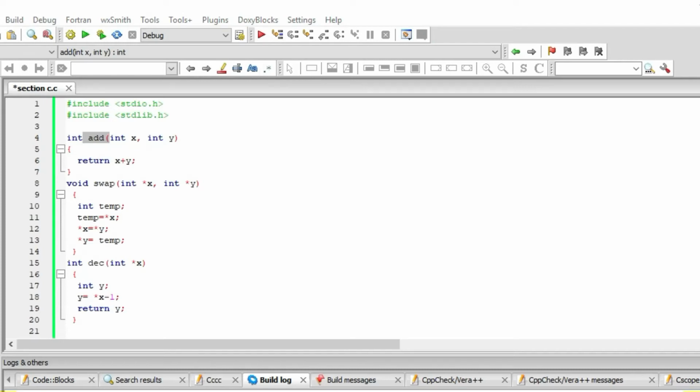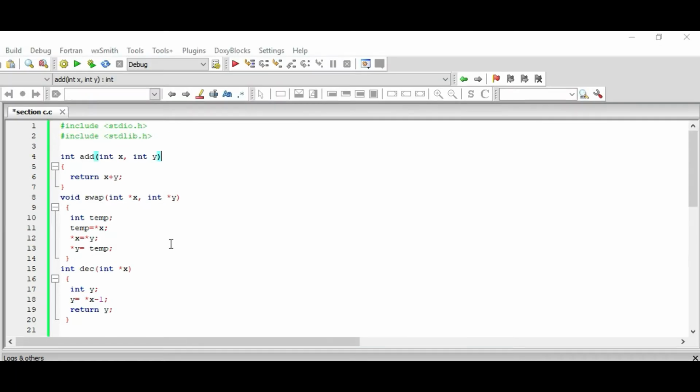I'm going to explain a demonstration of calling functions by value, by pointers, and by reference. The first one is the function add. We declare an integer add. Inside the brackets are the original values, integer x and integer y,